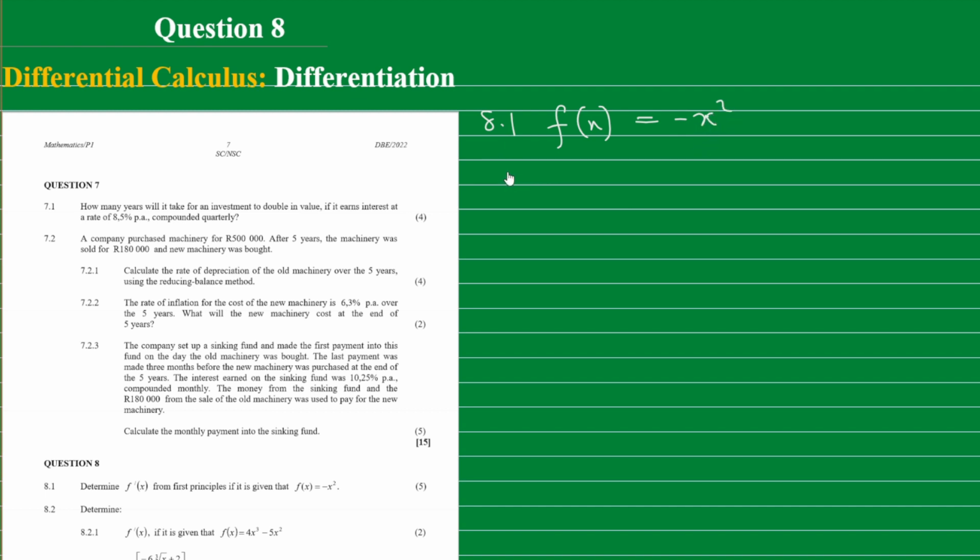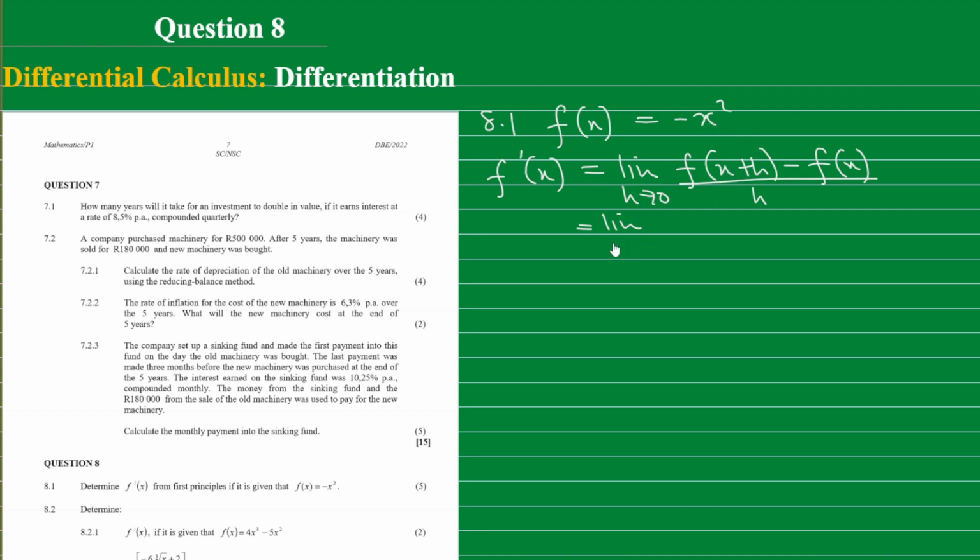We know the formula that we use for the derivative from first principles is: the derivative of f of x is equal to the limit as h approaches 0 of f of x plus h minus f of x over h. Simplifying, we're going to substitute the x plus h